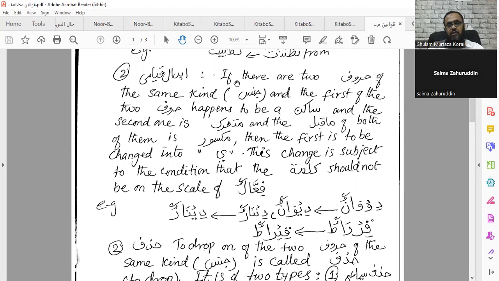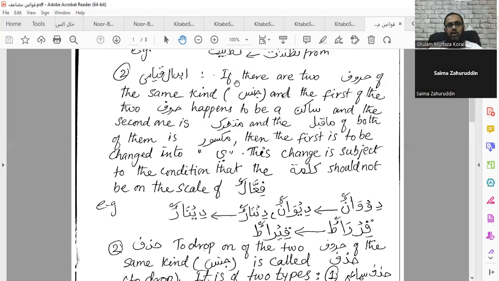Qiyasi means we have a proper and particular way of changing one harf with another harf. If there are two huruf of the same kind, same jins, and the first of the huruf happens to be sakin, and the second condition is that the second one is mutaharrik, both in one kalima, and the ma qabla of both of the huruf is maksur,